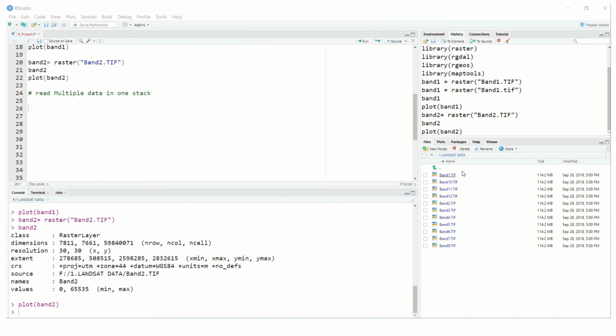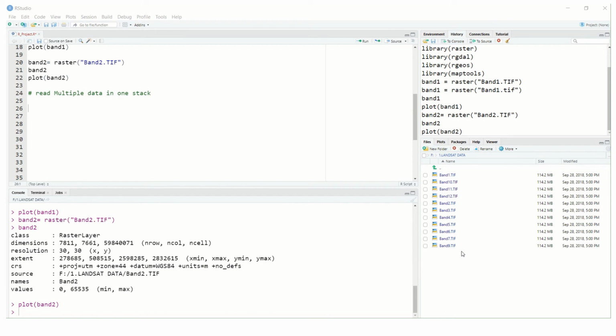See, you have this much raster data here, right? So you have around 8 data. I need to read it in one time itself because I need to save my time. So we have one technique where we can read all the raster data which is present in one folder in a single time. Okay, so let us start with that now.